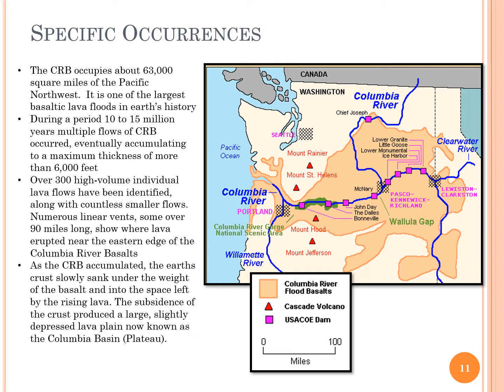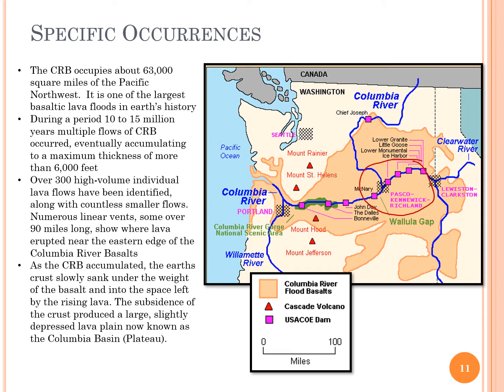Now, probably the Columbia River basalts occurred in over 300 individual lava flows, which have been identified by geologists working in Washington and Oregon. And they probably also had numerous smaller flows. They were long linear vents that produced these flows, mostly sitting in this area of southeastern Washington and northern Oregon. Along these big vents is where the large amounts of lava would come to the surface and flow quite quickly,